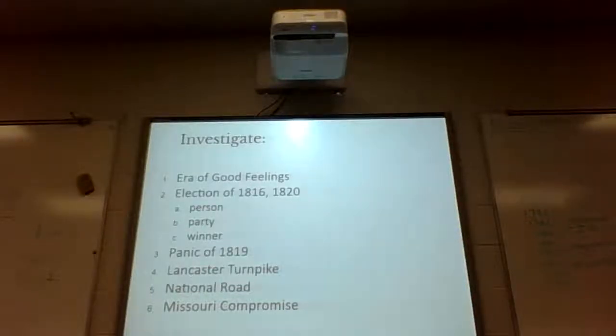Do you see a little pattern here? Was he reelected, row 3? Yes, he was. The Democratic Republicans are on a slight winning streak. So dominant are they that the Federalists never win election again at the national level. They're done. Now, that doesn't mean the liberal viewpoint is done. It just means that party is done.